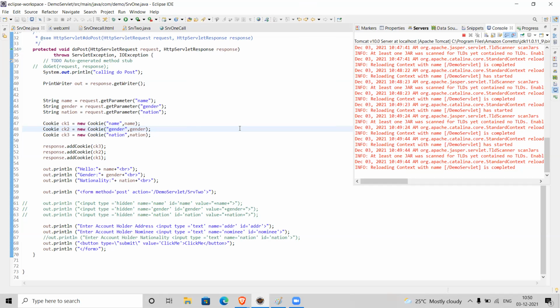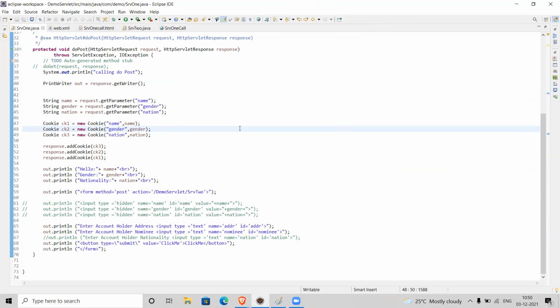And we have a structure for this, a design pattern called the MVC design pattern. That design pattern takes care of the view and control, controlling the data between servlets and JSPs. If time permits, I'll explain MVC also. For now, we are discussing only servlets.